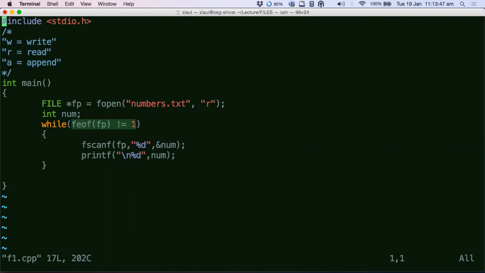So now I go to the empty space where there is no stone, and I still come to fscanf, but fscanf will not be true now. That is, fscanf will not get any data. But then num is already initialized to 16. That's why num got printed once more. And then when I come to this iteration again, I see, okay, last time I stepped on an empty space where there is no stone, which means I have reached the end of the file and it's time for me to exit the loop.